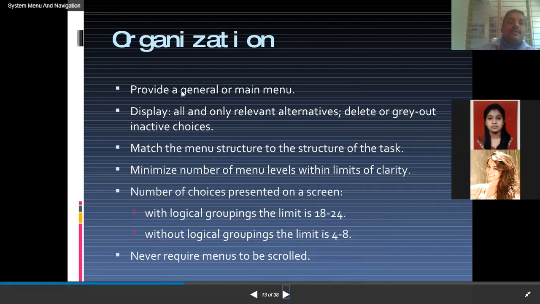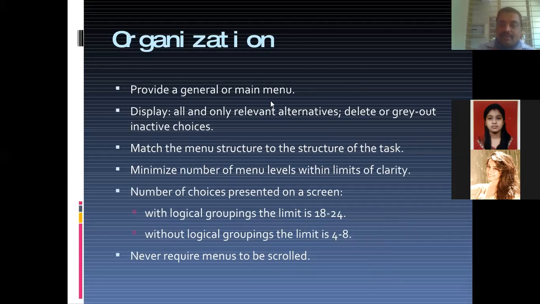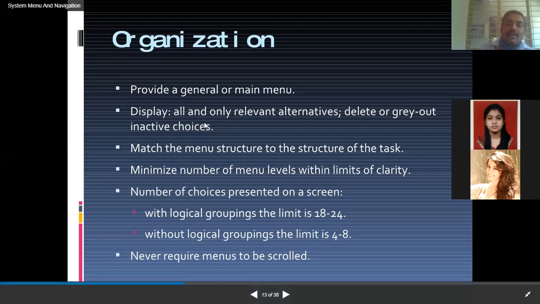So what is the better way of organizing a menu? Provide a general or main menu. First you provide a main menu. Even in a Windows laptop, there will first be a start button, then programs, and under programs many software are listed. Display all and only relevant alternatives; delete or gray out inactive choices.